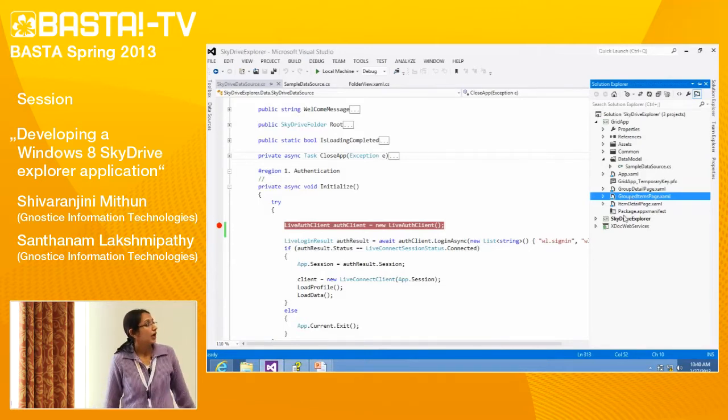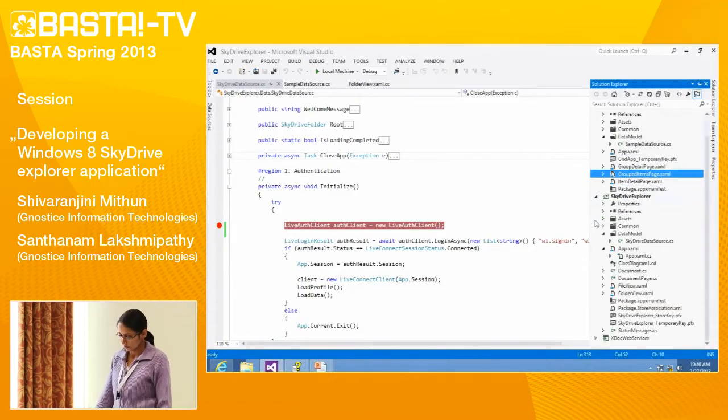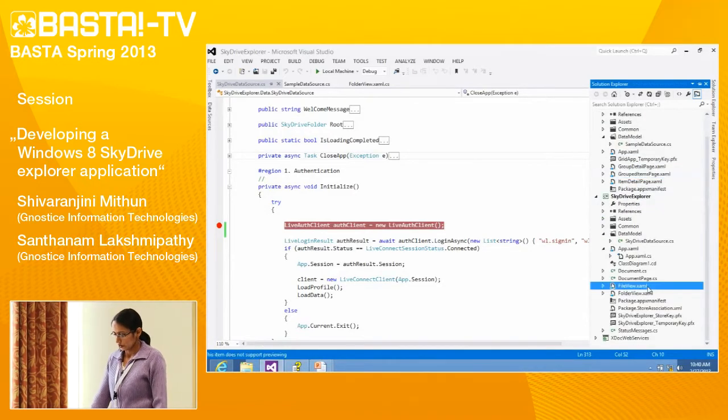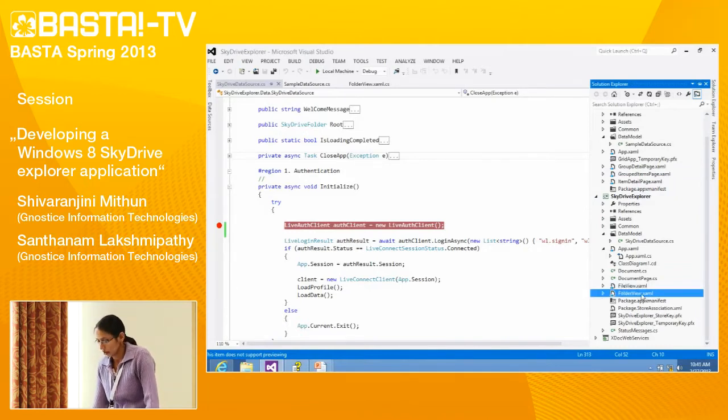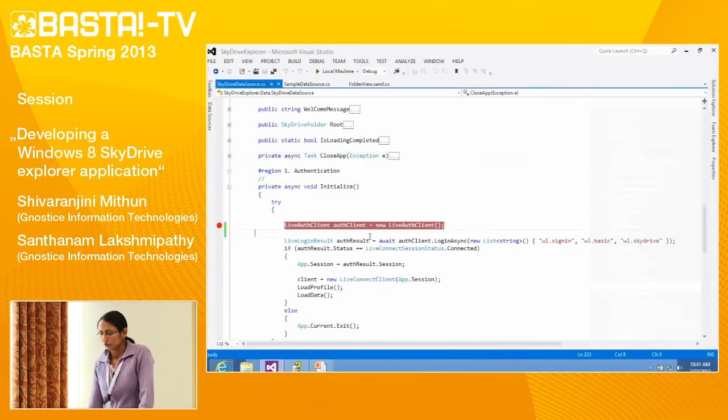I have done all this customization in the SkyDrive Explorer application. The FolderView XAML page is renamed from the group detail page, and the item detail page is renamed as the FileView XAML page. So how are these pages getting data?